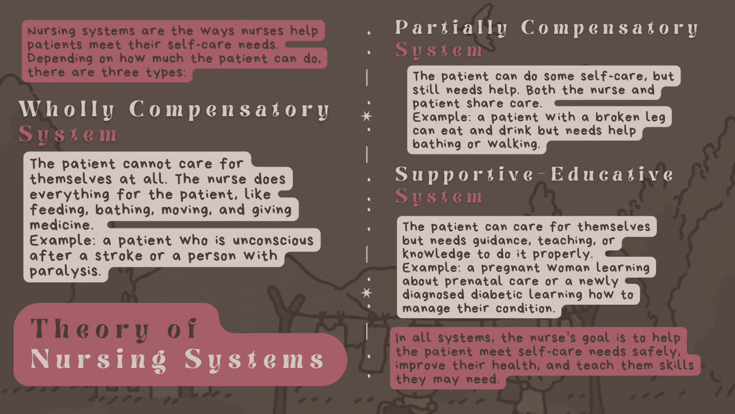Next is partially compensatory. The patient can do some self-care but still needs help. Both the nurse and patient share care. Sa partially compensatory system naman, si patient, meron na siyang ability to help his or yung sarili niya. Pero kahit na-help niya na yung sarili niya, kailangan pa rin nila ng someone to take care of them. And this is sa partially compensatory, there is a cooperation of patient and nurse to meet the holistic